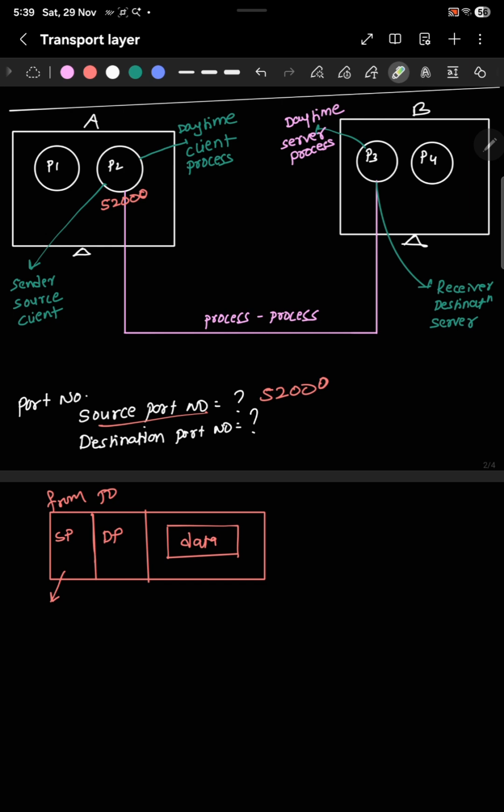Otherwise, you can't send the packet from the sender to the receiver. So how can you know the destination port number? Because it is randomly generated by the receiver, right? So one solution they suggested to resolve this problem is that you can send one inquiry packet,